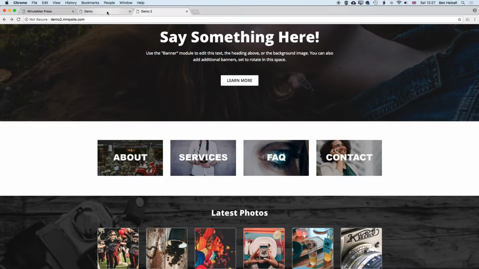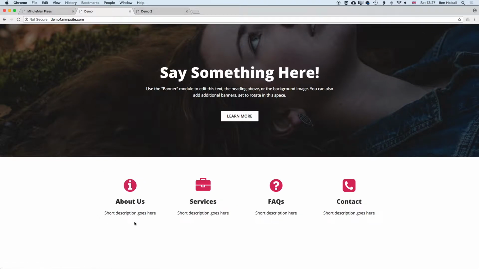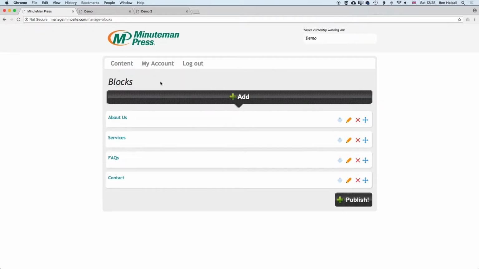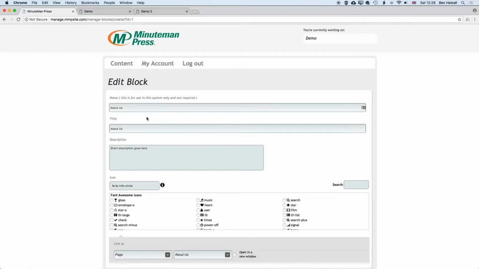So if we come back to the icon-based blocks, this is the first kind of block that we're going to modify and work with. So we'll come up to our content management system and jump straight into the block section, so we can have a look at the blocks that already exist and we can modify these or add new blocks. So if we have a look at an existing block, the About Us section here, we can see if we come to the Edit button across on the right hand side and click that, then we have the name